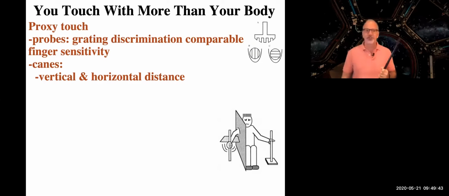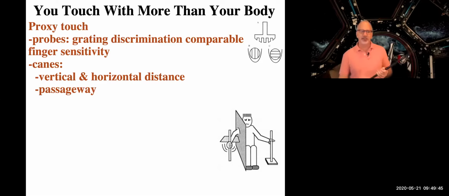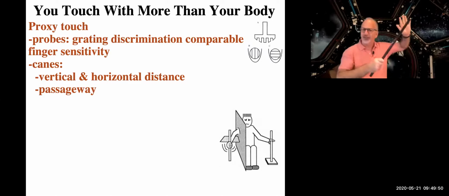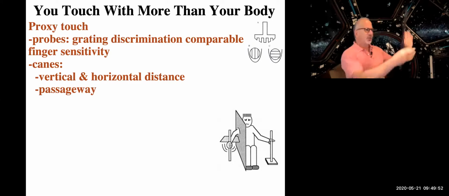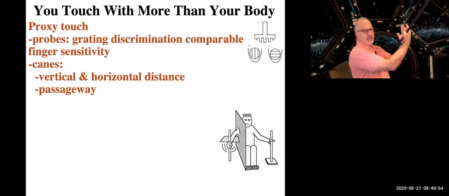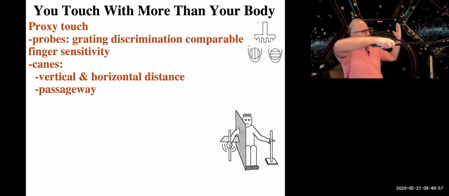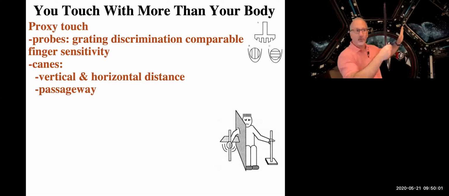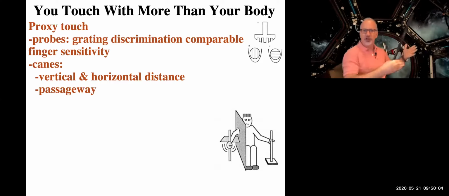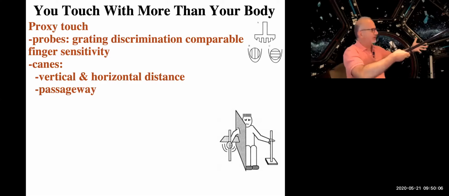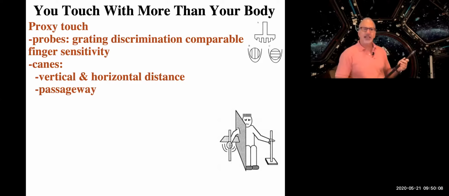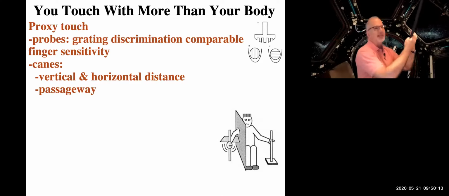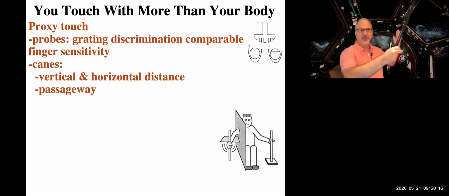Other things that have been shown to be possible with a cane: passageways. So, we've done experiments like this in our laboratory, not with canes, but with sound, where you set up an occlusion in a room where somebody comes in and has to determine whether that occlusion, that quote passageway or doorway, is large enough for a perceiver to fit through. And in this type of experiment, people will come in and not be able to see whether that passageway is large enough. They'll have to do it another way.